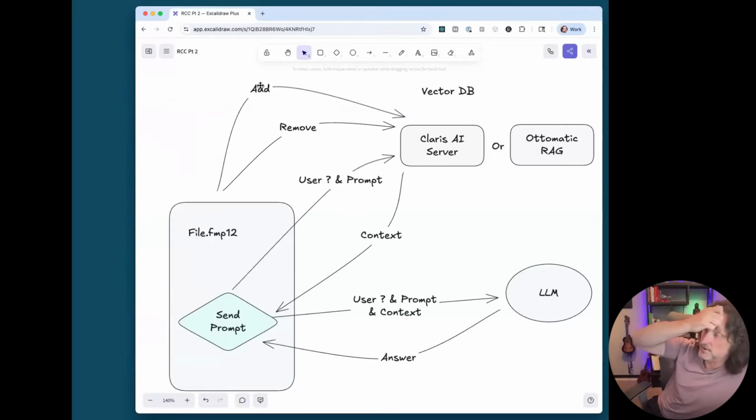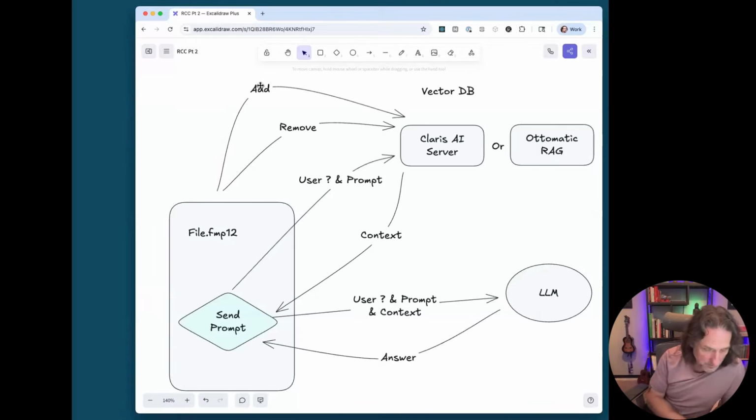RAG is used for unstructured data, basically text. Big giant blobs of text. You can also do images, and we're not going to cover that, but images do the same thing. You can throw images at this thing, and it makes a number version of images, and then you can put in another image and say, give me all the images that are like that one that I have in my database, and it can do that. We are not going to talk about images. We're talking about text here, but